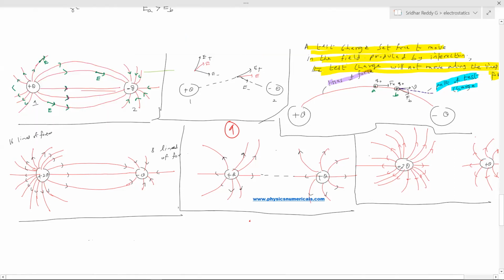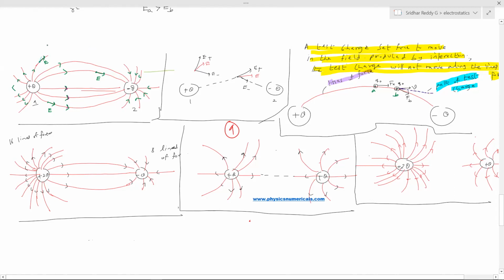The field at this point due to the positive charge will be like this. Due to the negative charge, it will be somewhere like this. For the resultant of these two, since E positive will be greater than E negative,